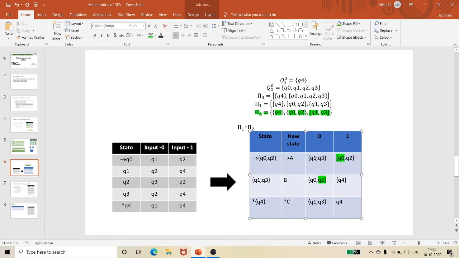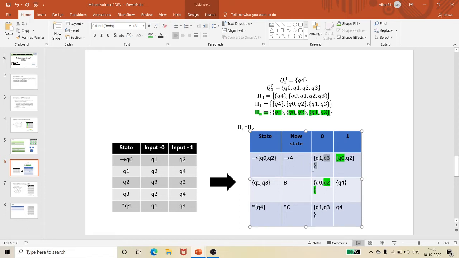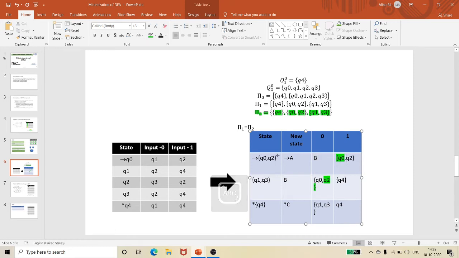So here what is Q1, Q3? Q1, Q3 is my B. Likewise Q0, Q2. There is nothing like a Q2 state; I combined states only. What is Q0, Q2? It is simply A.